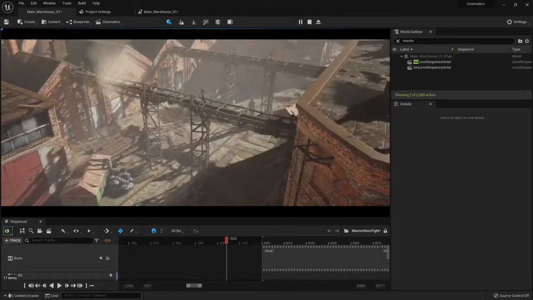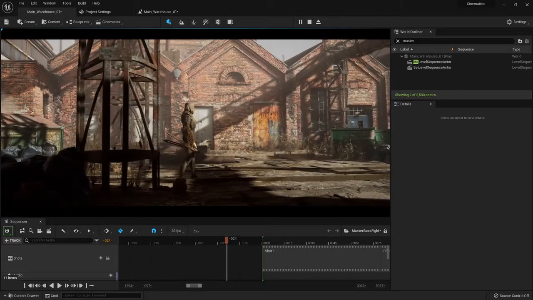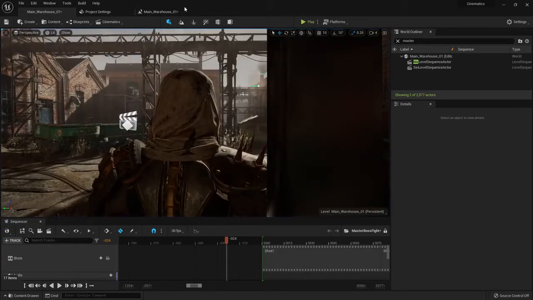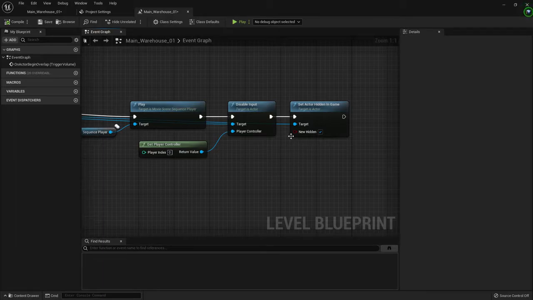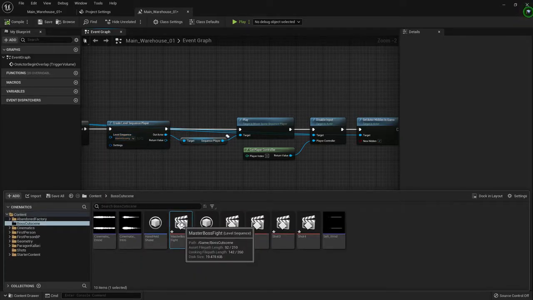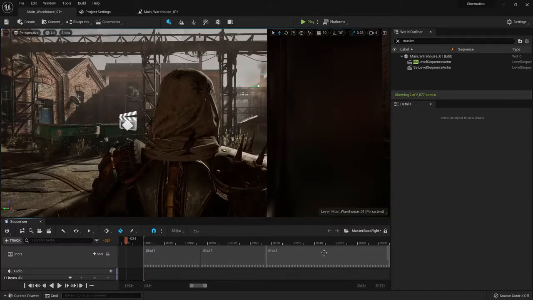So yeah, as you can see there, it just activates the cutscene. I can't move around. You can't see me moving around. And then what we can do is reactivate these things once the cinematic ends. So what we can do here is go back to our cinematic, and we can go to